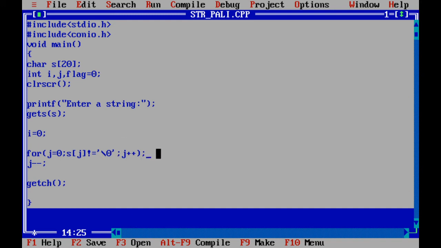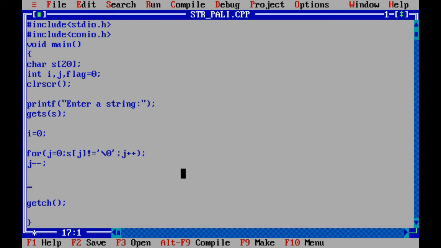So it will stop at j equal to 5, and after this j minus minus will make j as 4. So now i is 0 and j is 4. Now start the comparison, and this comparison is continued till i is less than j.